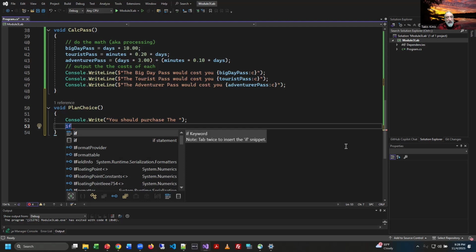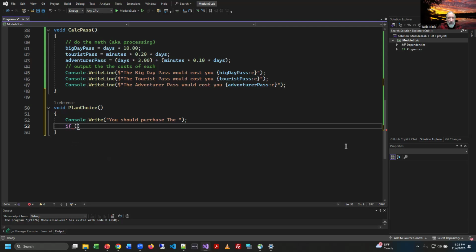And think about this. It should be if, else if, else, probably, right? Because we have three choices. So, how would we determine if we would use, what's the first one? The big day pass. If big day pass is less than or equal to